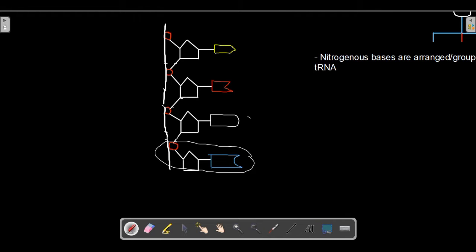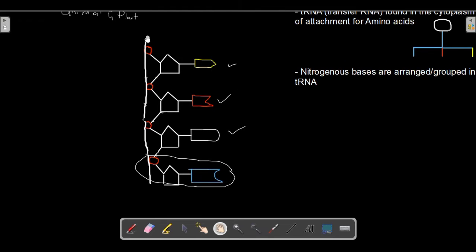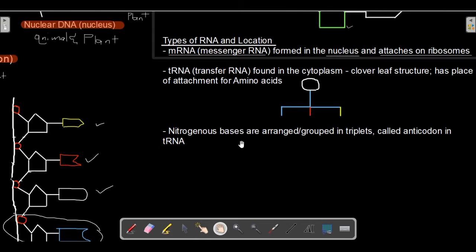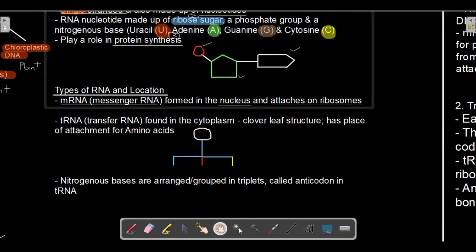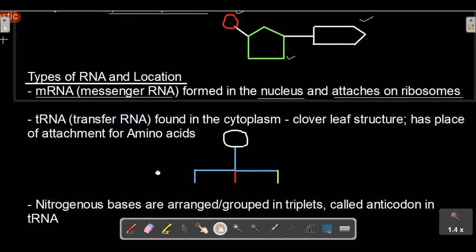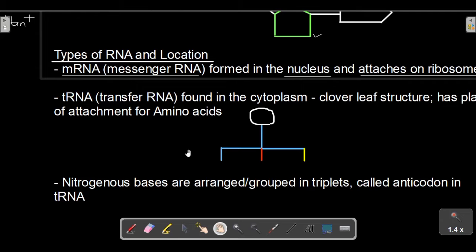So that's one nucleotide. That's the second. That's the third. That's four. So that's four nucleotides, making up that backbone of that mRNA, right? Okay. And then the second type of RNA that we have, we say that it is the tRNA or the